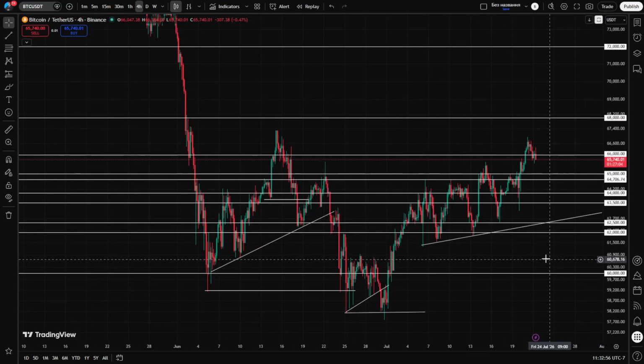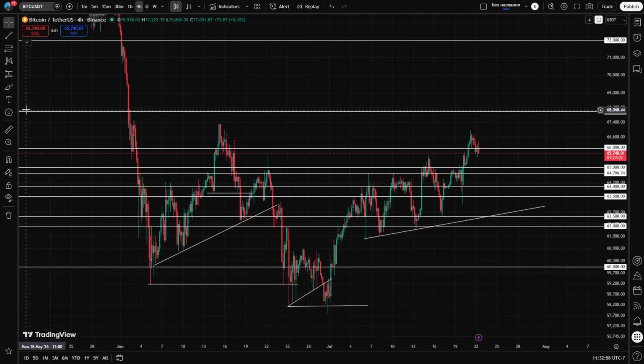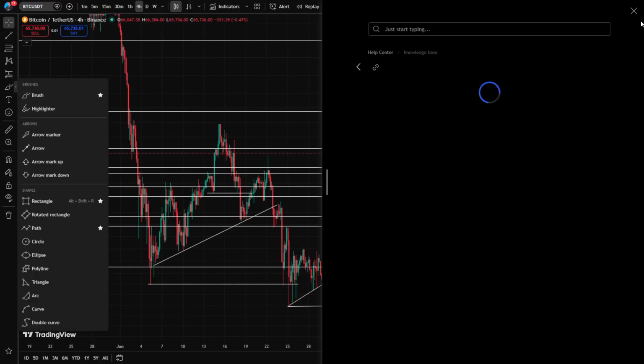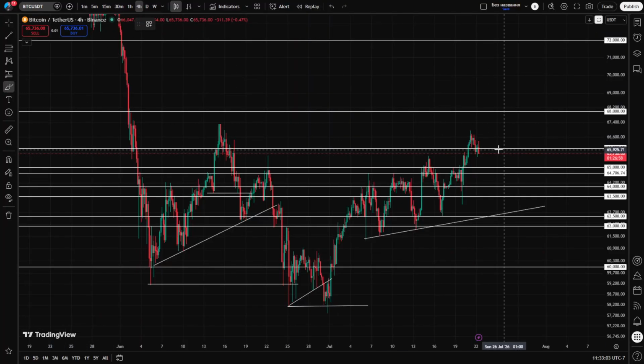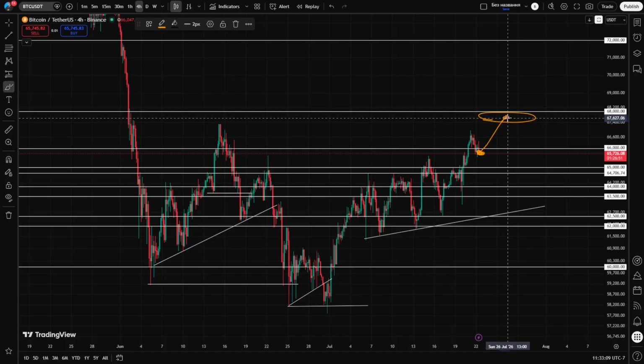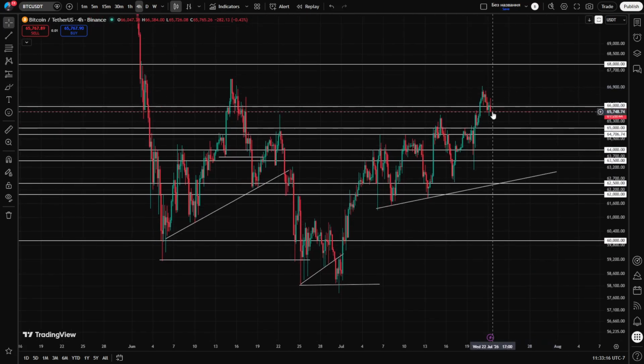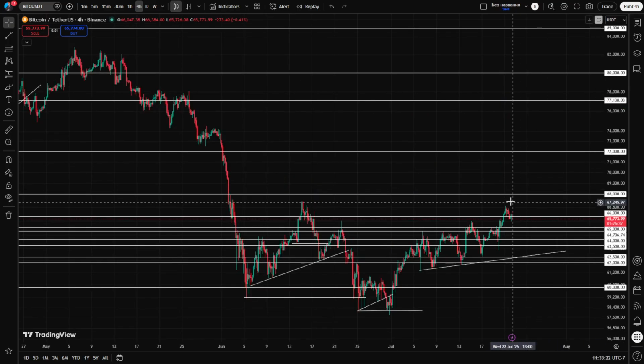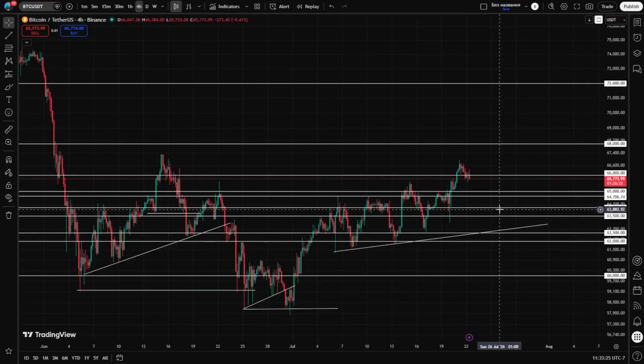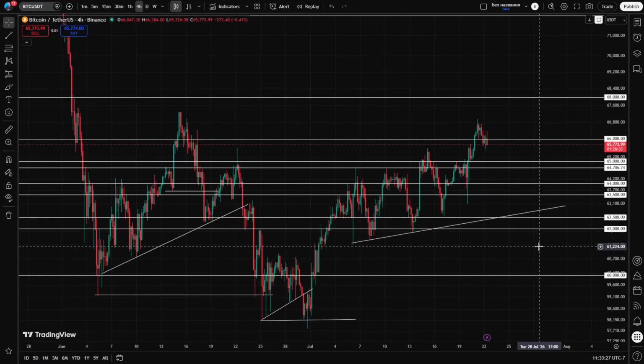So basically, my two scenarios are: the first one is a continuation of the current upward movement toward the resistance area at 67,500, 68,000, and after that a correction toward the support level at $63,000, that we will see. Or I'm allowing for the possibility that Bitcoin may fall from the current price toward approximately 63,500, due to the fact that Bitcoin is already trading in the overbought area, and Bitcoin is already showing divergence,